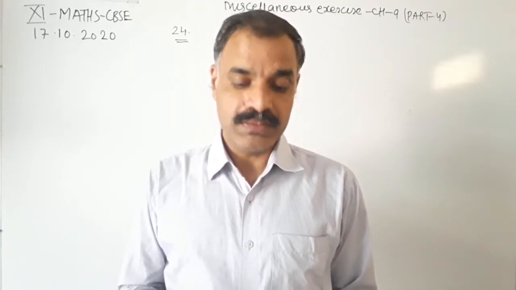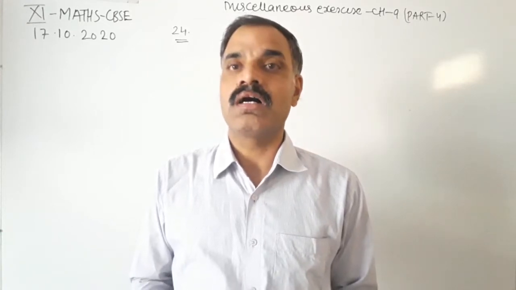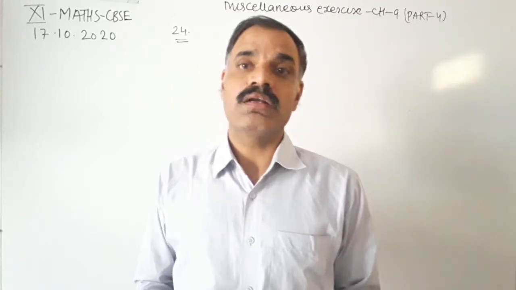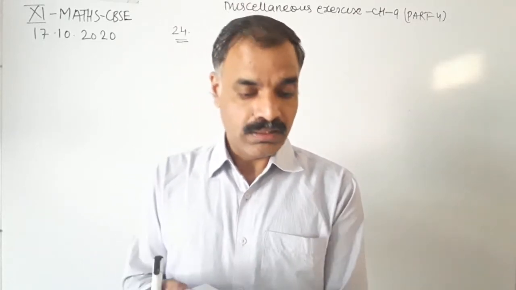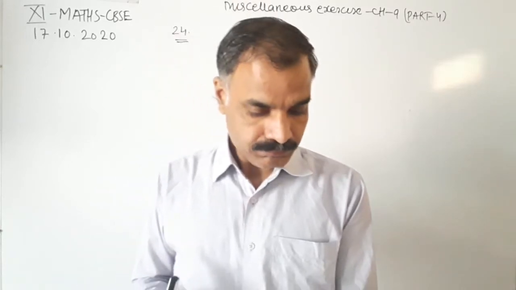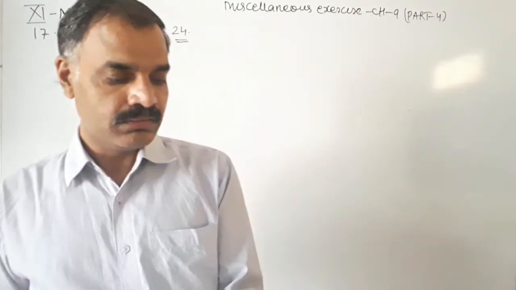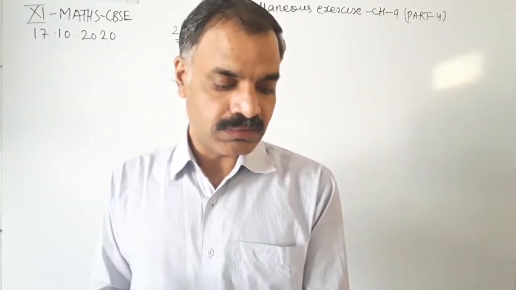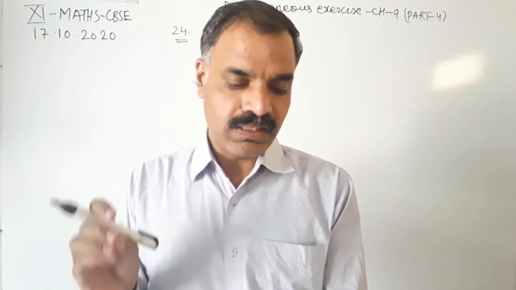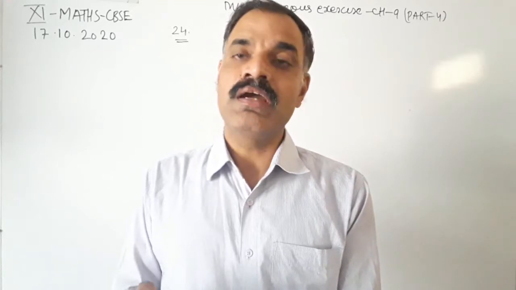Students, yesterday we completed 23 questions of the exercise. Today we will solve question number 24, and I am reading question number 24. If S1, S2, S3 are the sum of first n natural numbers, their squares, their cubes respectively, then we have to